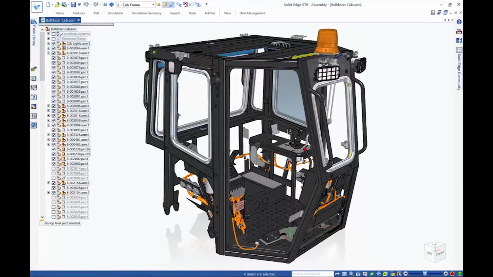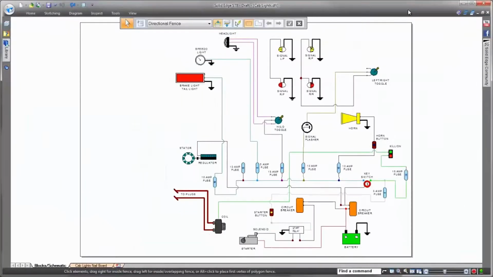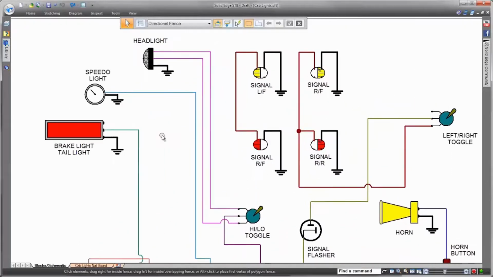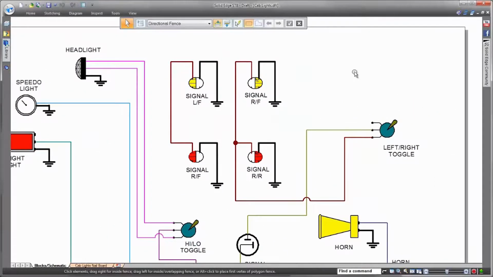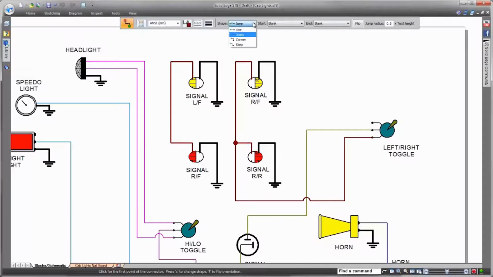Solid Edge provides its users with a powerful and intuitive experience when creating wire harnesses. In today's project, we'll be finishing up a harness design by adding some additional lighting for a bulldozer cab. We'll start by making the necessary changes to our harness schematic in 2D and then move it into 3D to